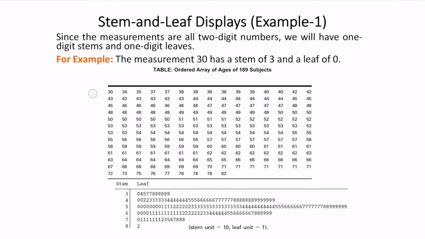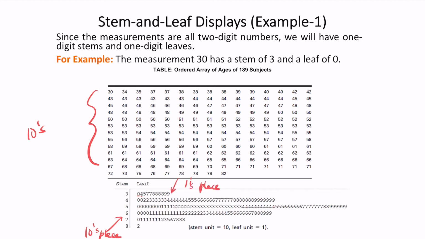In this, we notice that this is data of tens, meaning nothing is above 100. So what we do here is we take the tens digit and write it on the stem, and each observed value's ones digit is written on the leaf. This is how we can separate the stem and leaf parts. Here we are writing the tens place, and all the leaves represent the ones place.